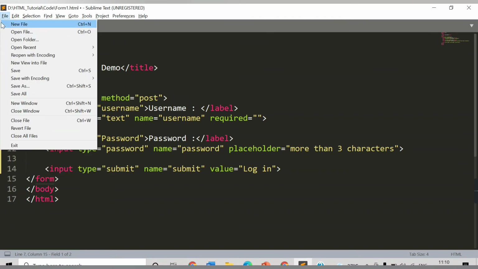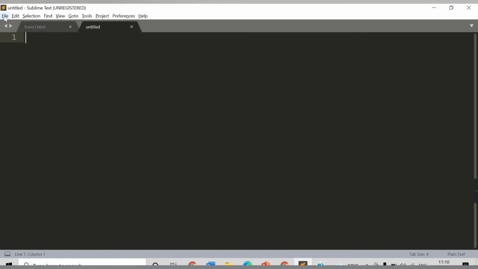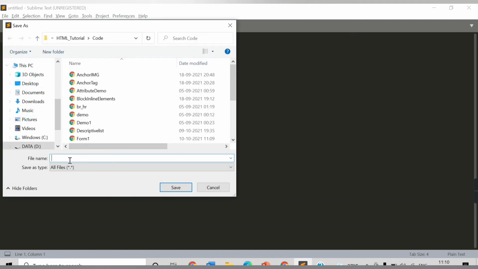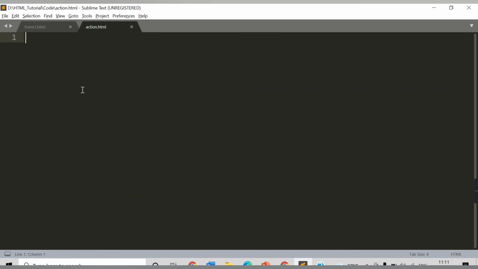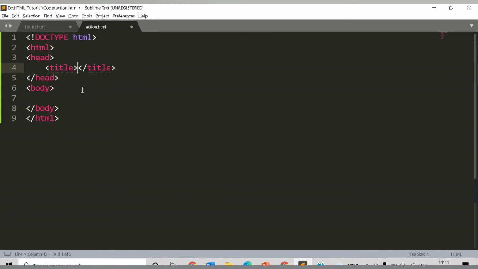Let's create a new file here, action.html, and I want to print some message here. Let's say a heading, data received.